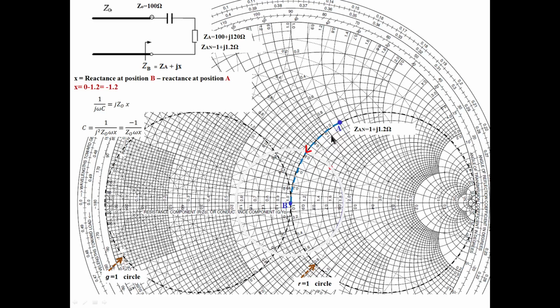This is also a conductance circle, but it is not passing through our point. Similarly, this is a conductance circle. This circle is not passing, only this circle passes through our point. So this is the 0.4 circle, conductance value written here, passing through our point. So we can move over this, either in the clockwise direction or anti-clockwise direction.